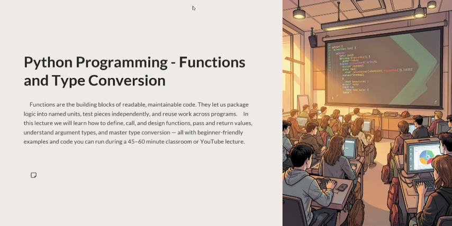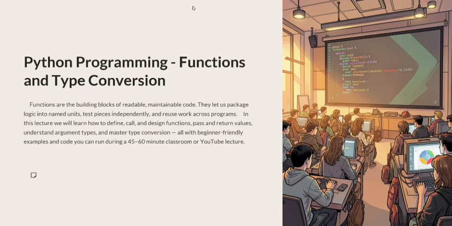When we write small programs, we can directly write all the statements one after another. But when programs become bigger, managing thousands of lines of code becomes difficult. That is where functions help us. A function allows us to divide our program into smaller and meaningful parts. Instead of writing the same logic again and again, we can write it once inside a function and reuse it